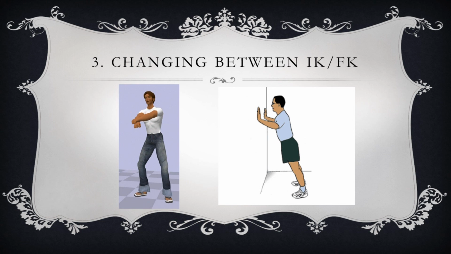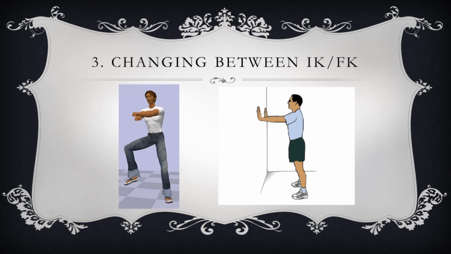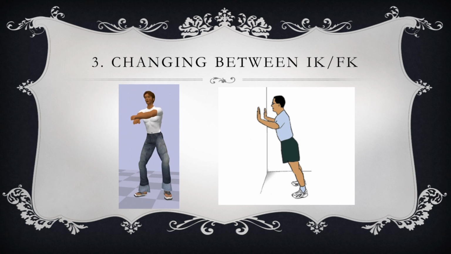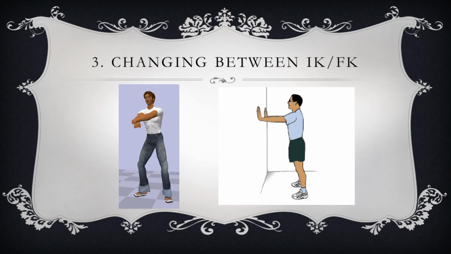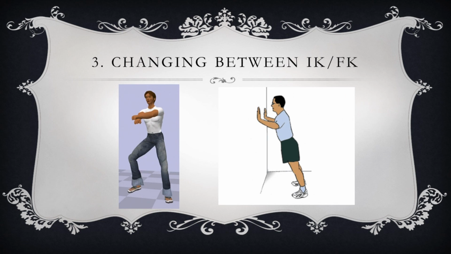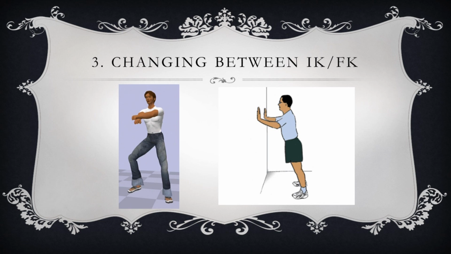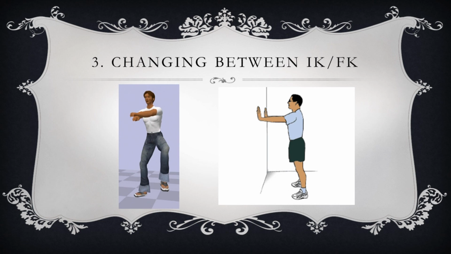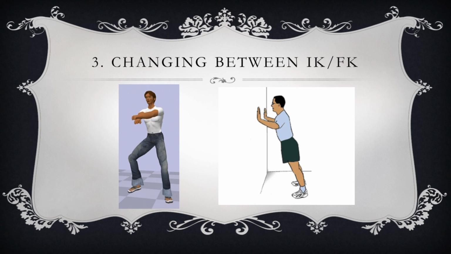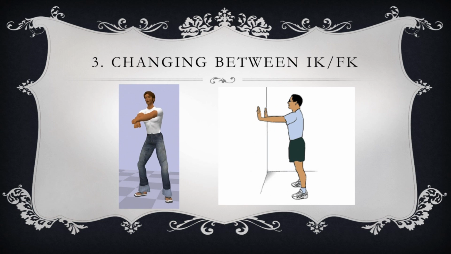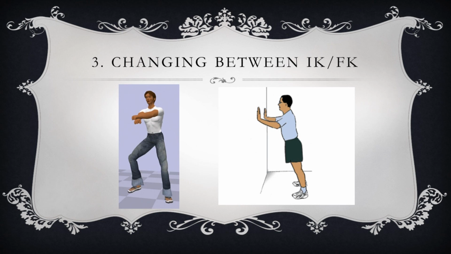Now that probably sounds a bit confusing, and I think I even confused myself, but nevertheless, switching between FK and IK may be necessary for better character animation. The first image uses FK since the arms move along with the body, and the second image probably uses IK since the hands are rooted to the wall and the rest of the arm bones sort of readjust to the body's movements. Both these images were obtained from Wikimedia, and these were the best examples that I could find.